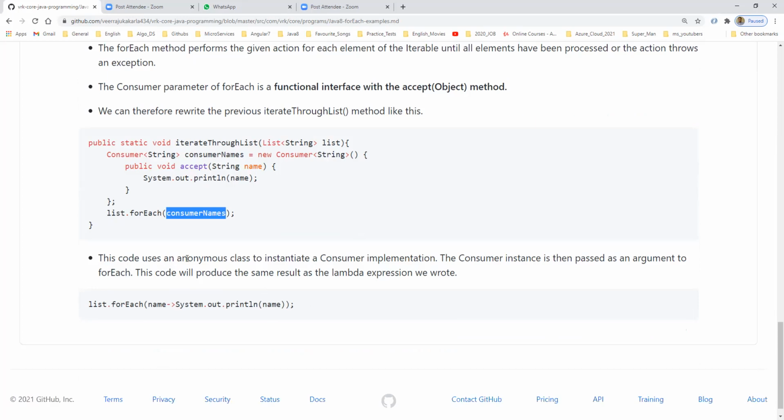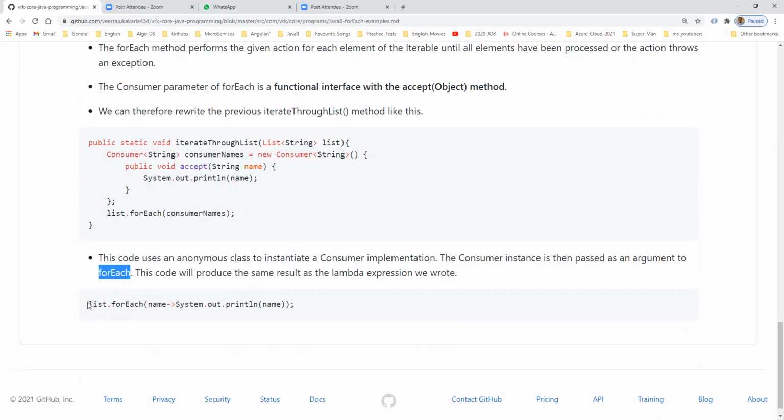This code uses an anonymous class to instantiate a consumer implementation. I already told you, right? The consumer instance is then passed as an argument to forEach. This code will produce the same result as a lambda expression, which we can write like this.